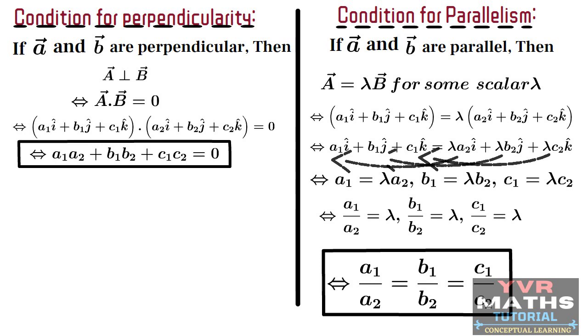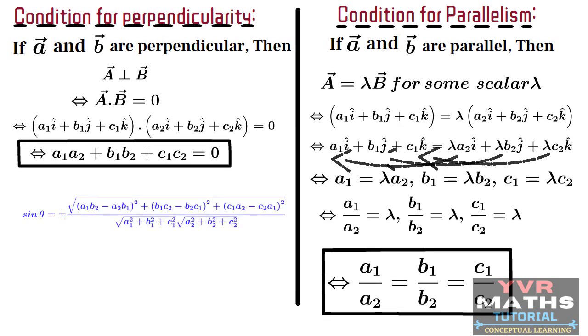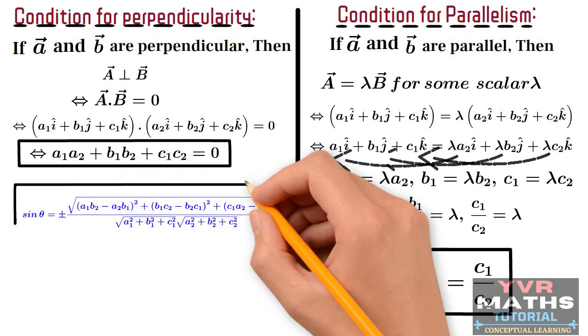So in this concept, we derived a formula for cos theta if you know the direction ratios. If you want the formula in terms of sine, then how to get it? Already we discussed it in the direction cosines concept. From trigonometric identities, we know that sine square theta plus cos square theta is equal to 1. From that, sine square theta is equal to 1 minus cos square theta. You know the formula for cos theta, we already derived it. If you substitute that cos theta and simplify, then this is the formula for sine theta.